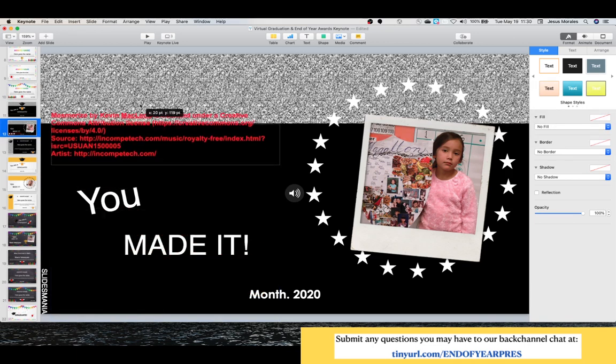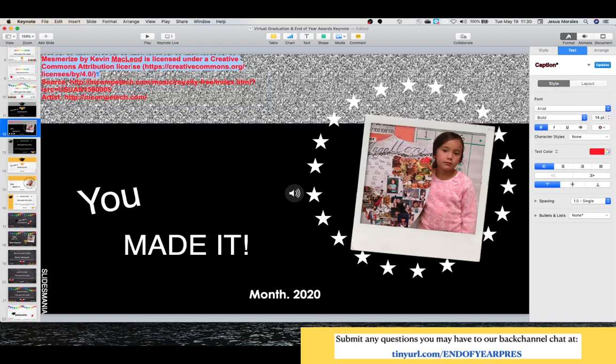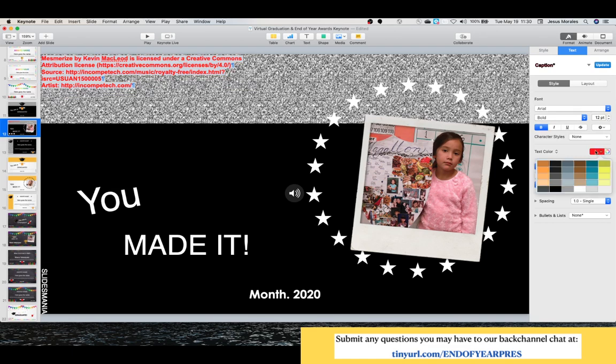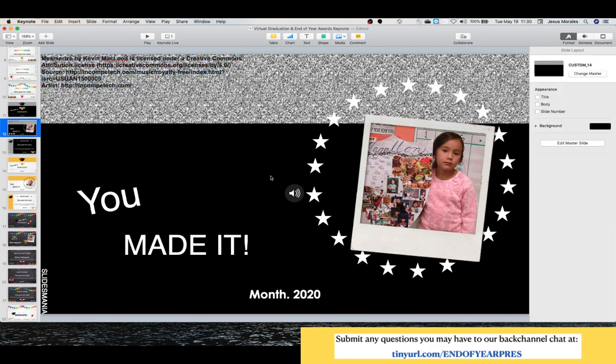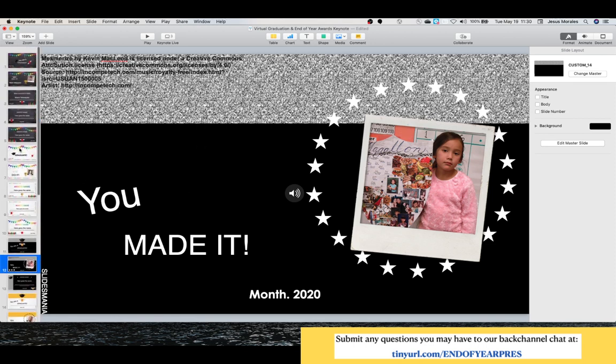And if I wanted to, I can definitely make my text a little smaller, as long as it's visible. I definitely need a better color for this. Maybe that'll do. Something like that. So, not even going to mess with that, but definitely put that in there because he wants you to acknowledge his work. Now, that's if you want it in one slide, but what if you want it in the entire